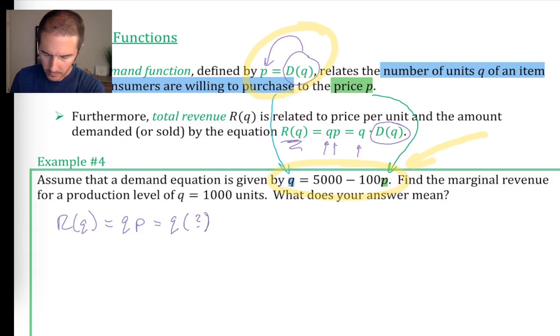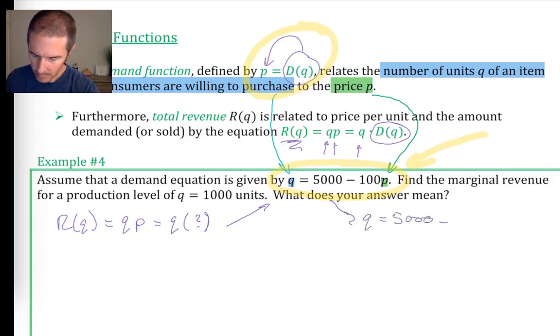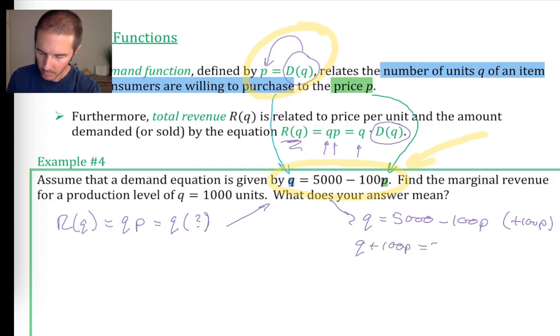And then we're going to go up here and say Q equals 5,000 minus 100p, and then let's add 100p to both sides so that this says Q plus 100p equals 5,000, and then I'm going to subtract Q from both sides so that 100p equals 5,000 minus Q, and then we'll divide both sides by 100 so that P equals